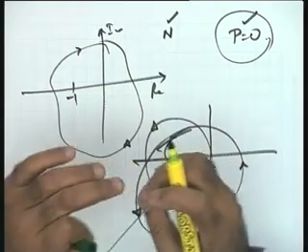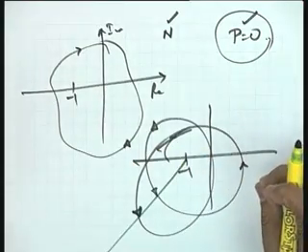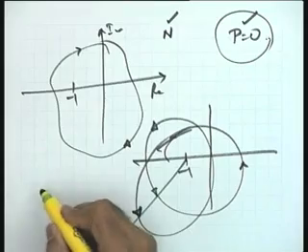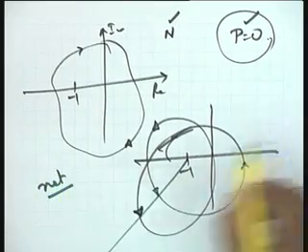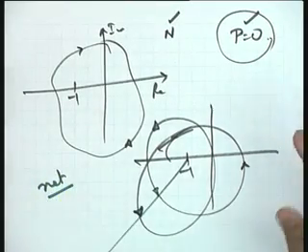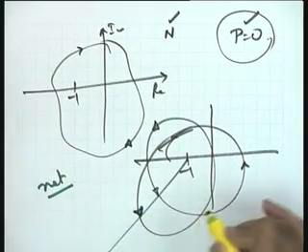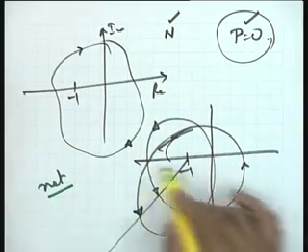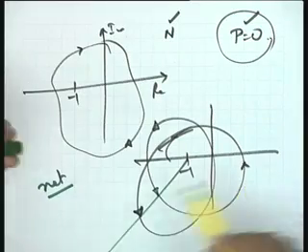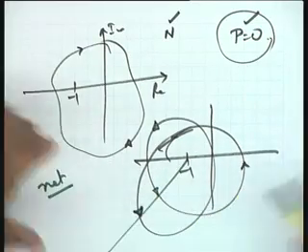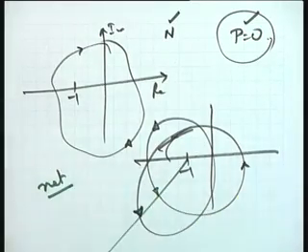The net number of intersections of this line is equal to the number of encirclements. Mind the word net, I am saying, because these intersections will be equal to the algebraic sum, because you will take the counterclockwise and clockwise directions as well. So take the net number of intersections, and the net number is going to be equal to the value of N with proper algebraic sign attached to it.